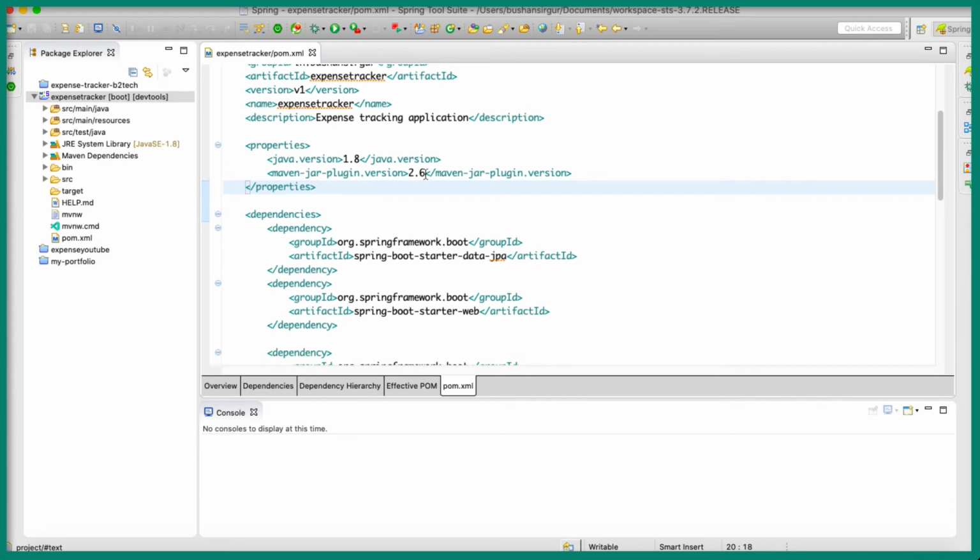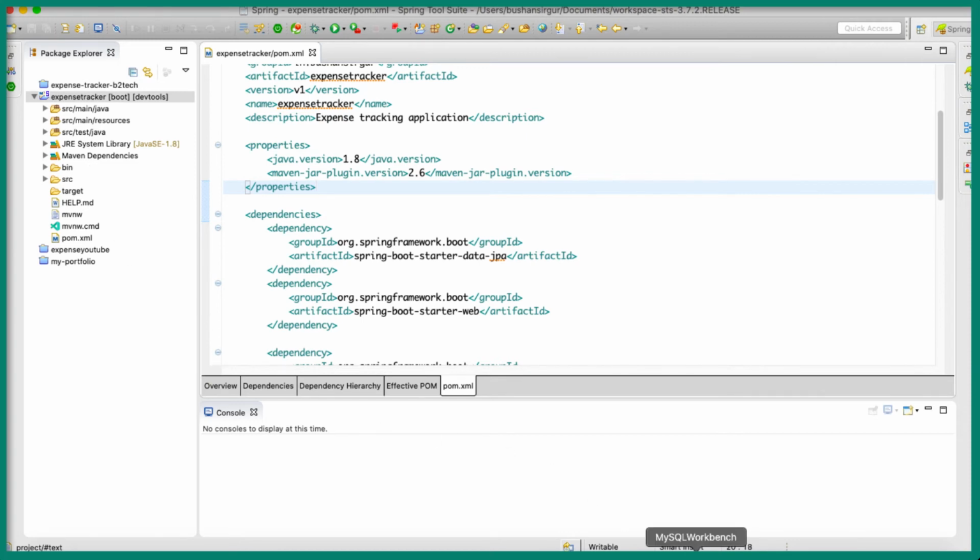Okay, make it comfortable. And even if it is still showing the unknown error, then that is completely fine. That will not give you any error when you are running the application. Okay, so let's save this, and now we have created the Spring Boot application. Now let's go ahead and set up the MySQL database.